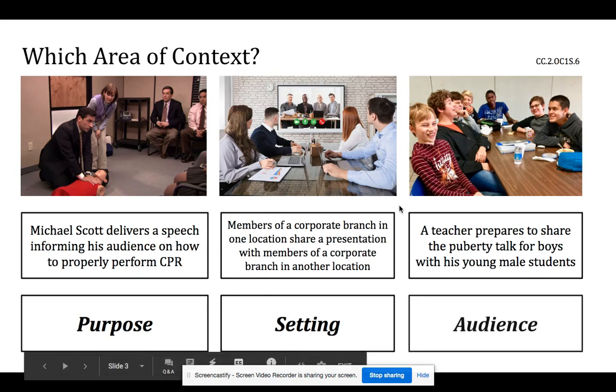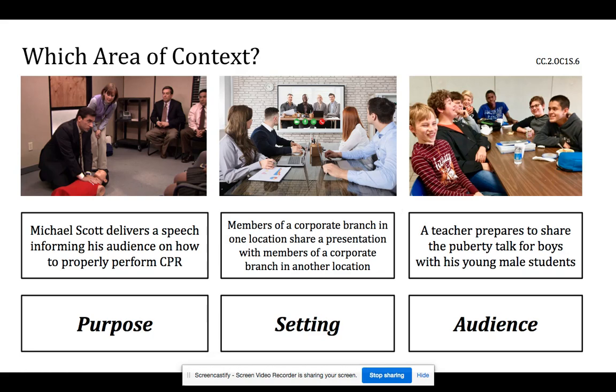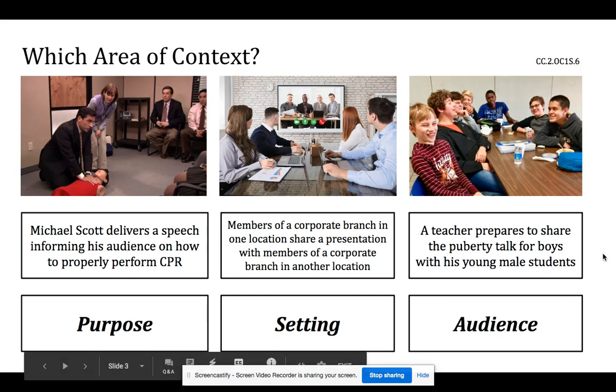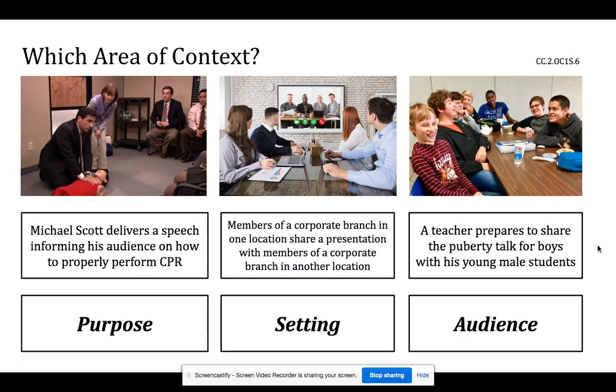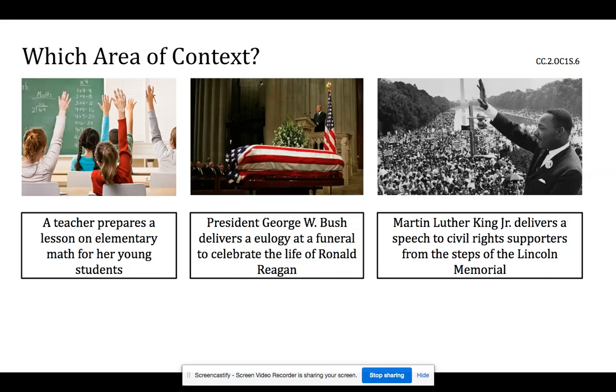And then finally, the audience is an area of context that must be considered. So if you're going to give the puberty talk to somebody, you got to make sure you consider your audience, because I remember someone told me a few years ago that when they were in elementary school, their school accidentally started showing the girl puberty video to the boys, and it scarred some of them for life. And so you got to make sure, like, okay, who's my audience? What kind of content would I share with them? How am I going to share it with them? So it's very important to know.